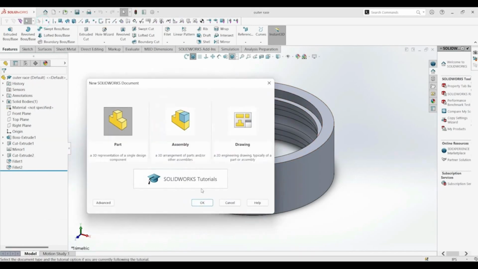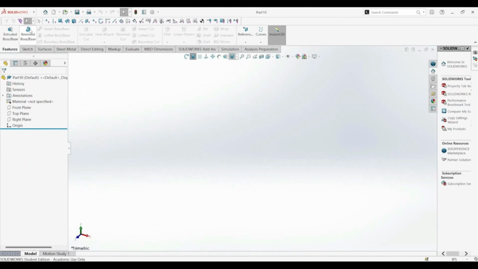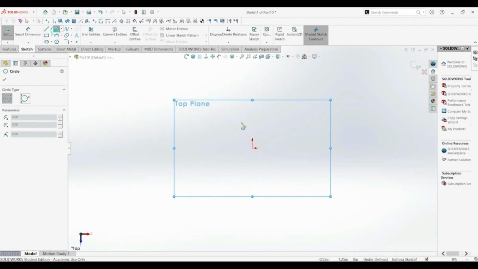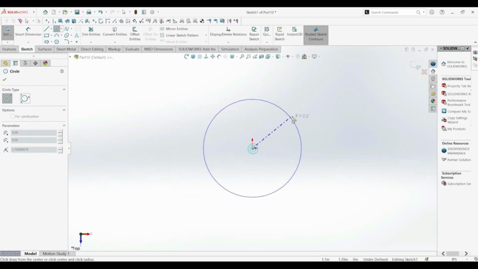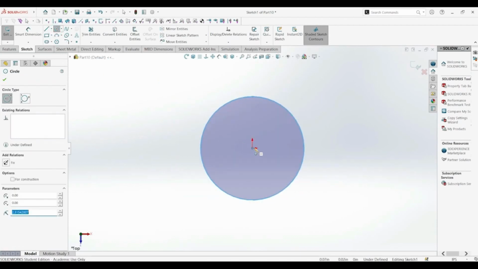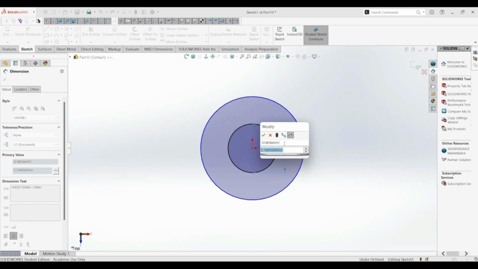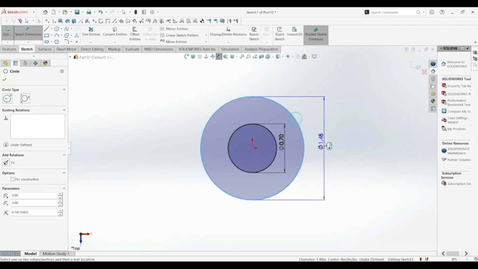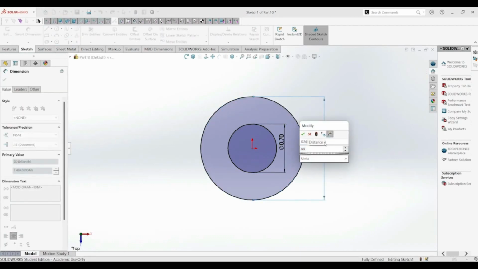So new sketch, parts, and then top plane again, go to two circles, and then smart dimension, make this one 0.7 and the outer 0.88,